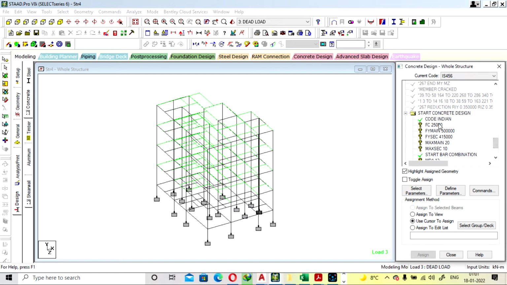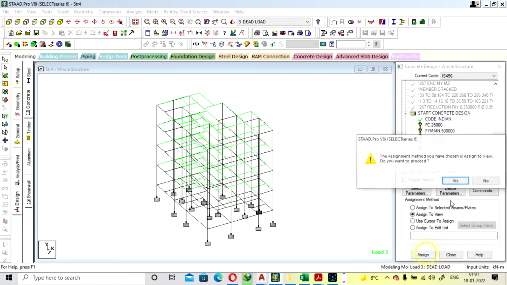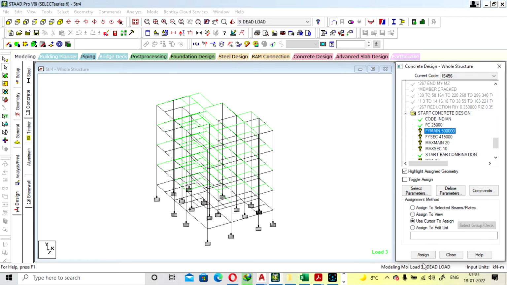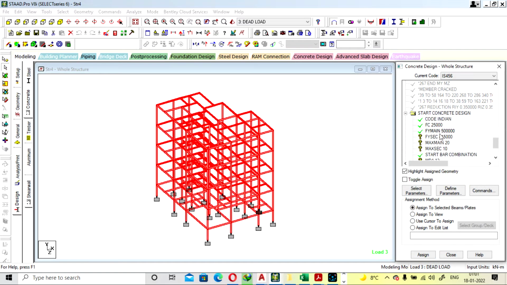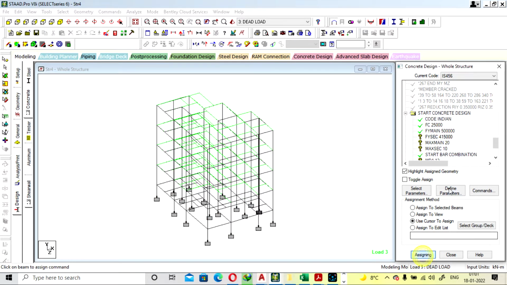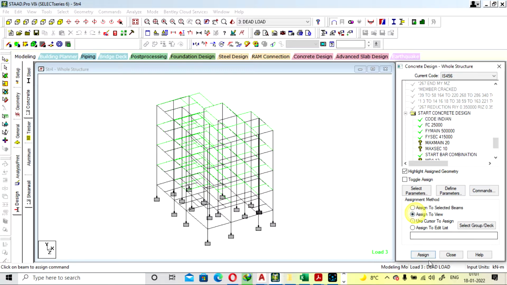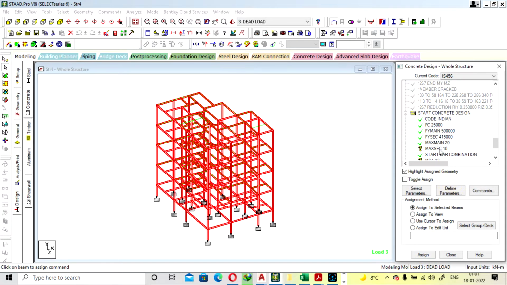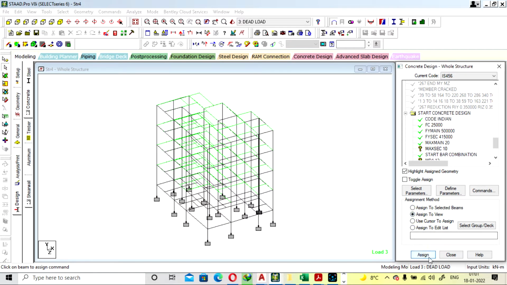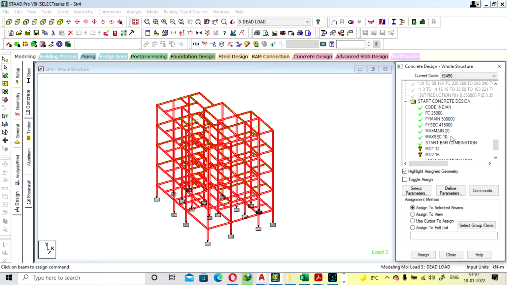So you have to give the M25 grade to the whole structure, FY main to the whole structure, because steel will be provided the same for all the structure. For secondary, same for all the structure, maximum main for all the structure, maximum secondary for all the structure.